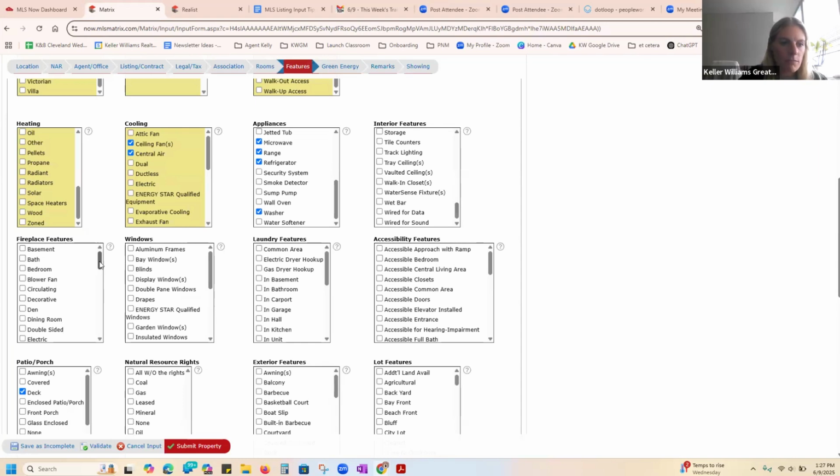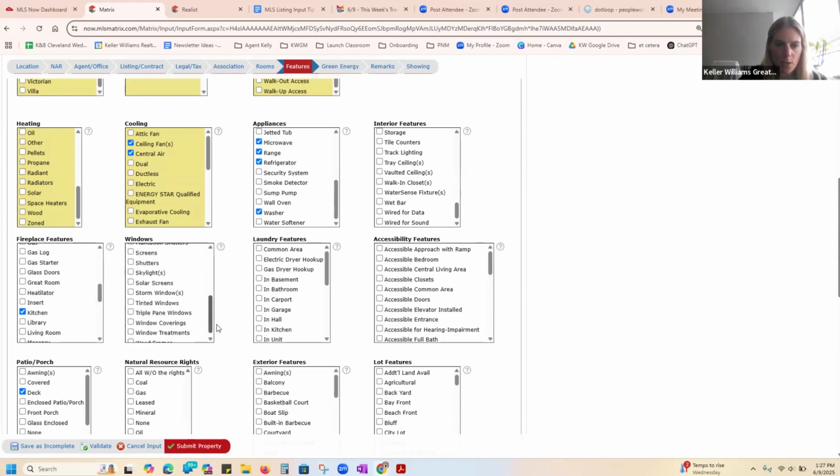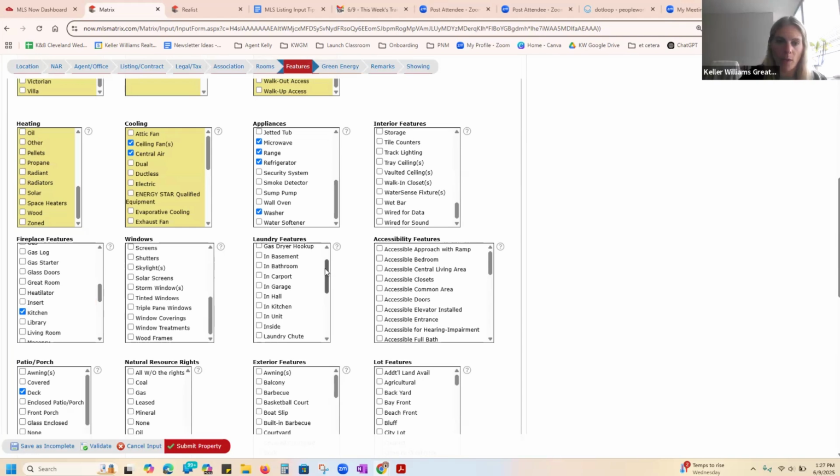Fireplace features, like if there's one in the den, and I believe there's one in the kitchen. If they have updated windows, you can add that there. If they're leaving behind their washer and dryer, you can put where that's located. So if it's in the basement,